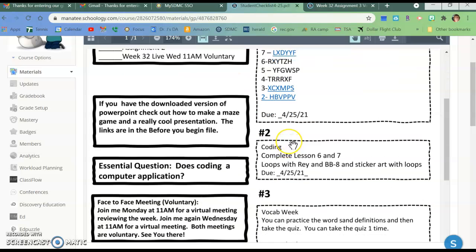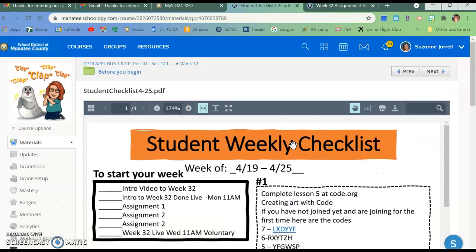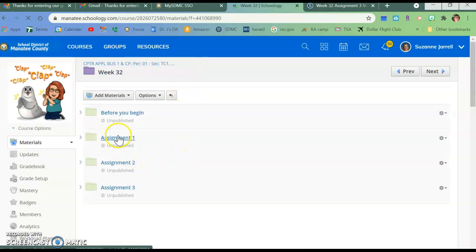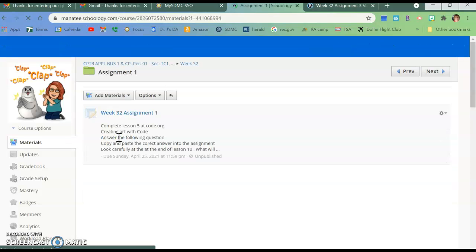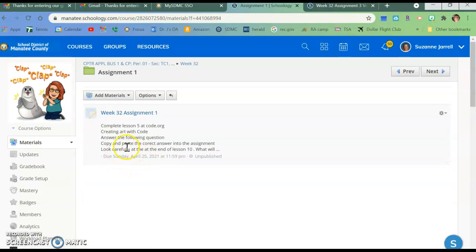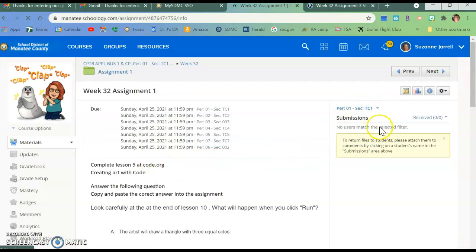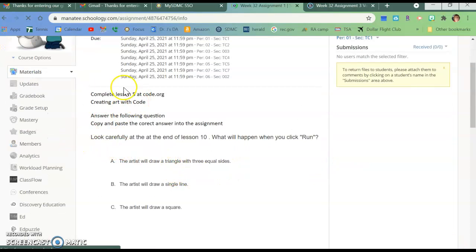And you're going to complete it, and the very last lesson, which is lesson 10, it's going to ask you a question, and it's going to give you some code, and you have to answer the question and copy and paste it into the submission box. So after you've done all 10 lessons, it's going to give you some code, and it's going to